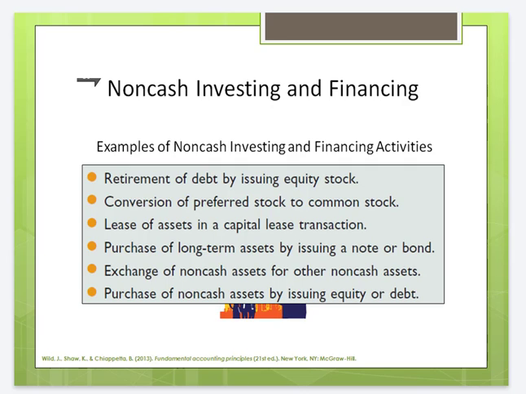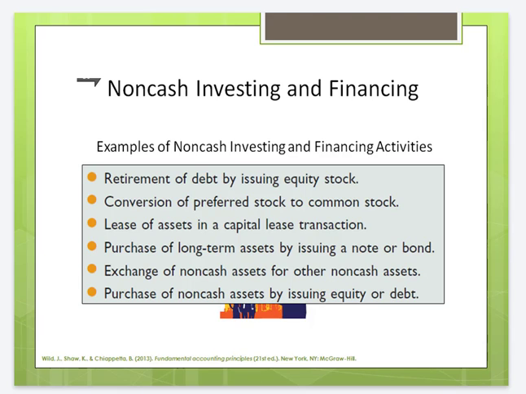Now, some companies will also have significant non-cash investing and financing activities. And generally, if they do have these types of transactions, these will either be reported on the face of the statement of cash flows, or it will be disclosed in the financial statement footnotes that directly follow the consolidated financial statements. But here we have some real simple examples of something that might constitute a significant non-cash investing and financing